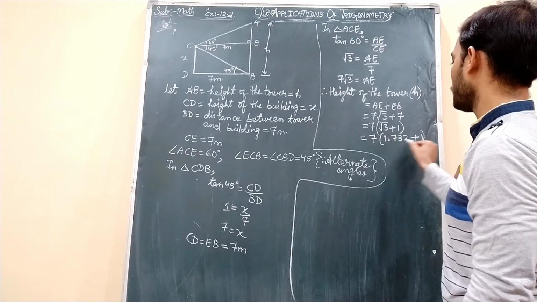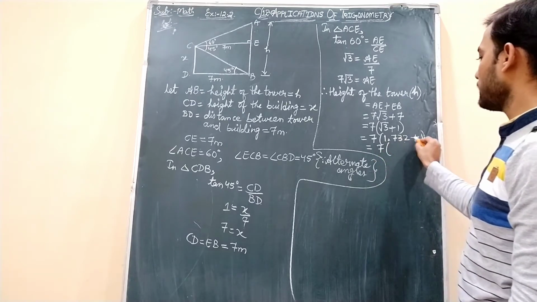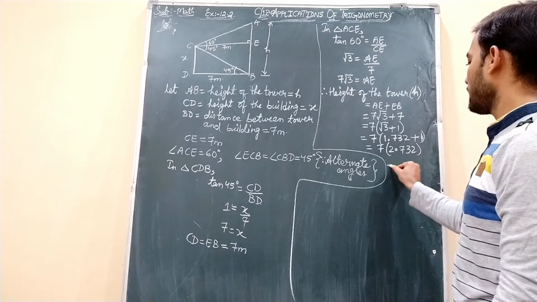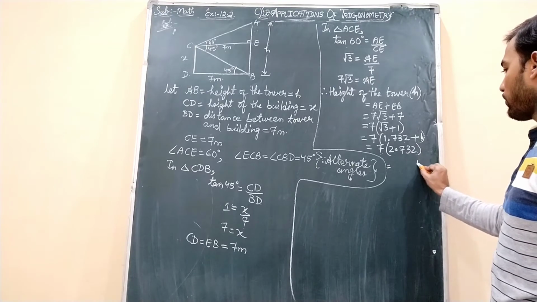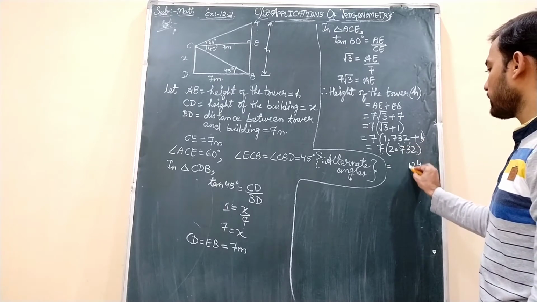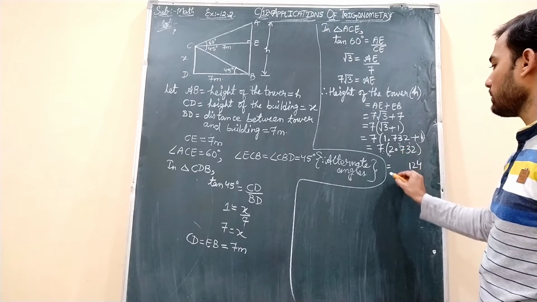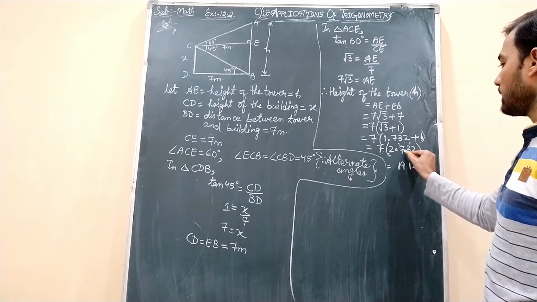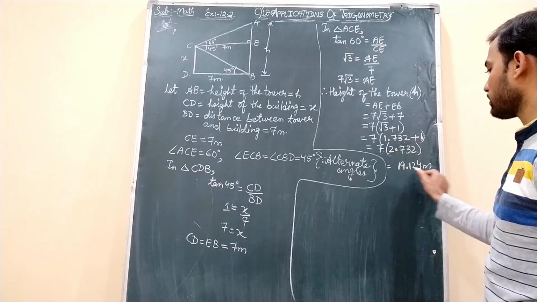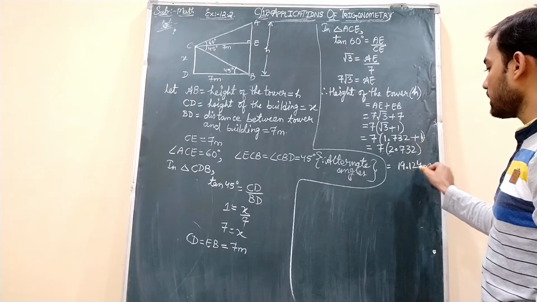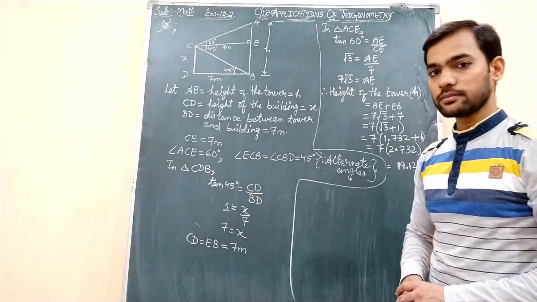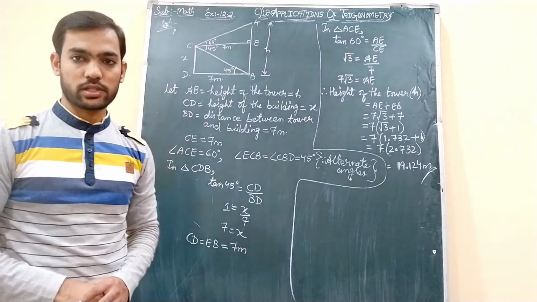it is 7 into 1.732 plus 1, students. 1.732 plus 1 gives you 2.732, and when you multiply 7 with this, you will get 7 2s are 14, 7 3s are 21 plus 1 is 22, 7 7s are 49 plus 2 is 51, 5 goes carry, 7 2s are 14 plus 5 is 19. 3 digits before the point are there, here also 3 digits before the point we can take, so it is 19.124 meters, students. Okay, the height of the tower is 19.124 meters. Okay, this is the answer. So note down this one, then we will go for the next question.